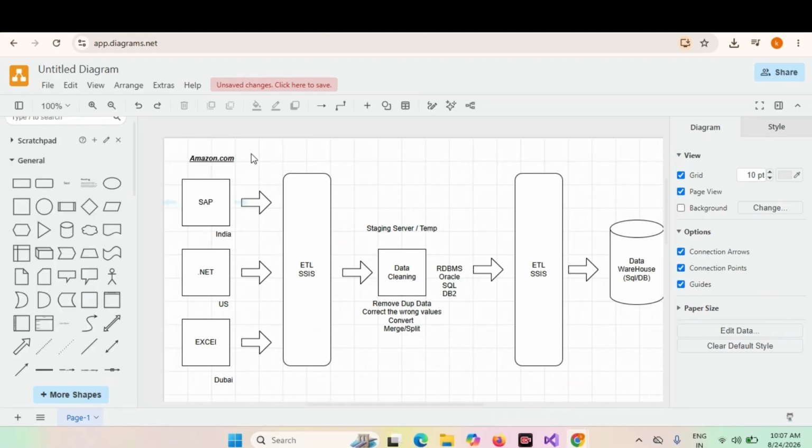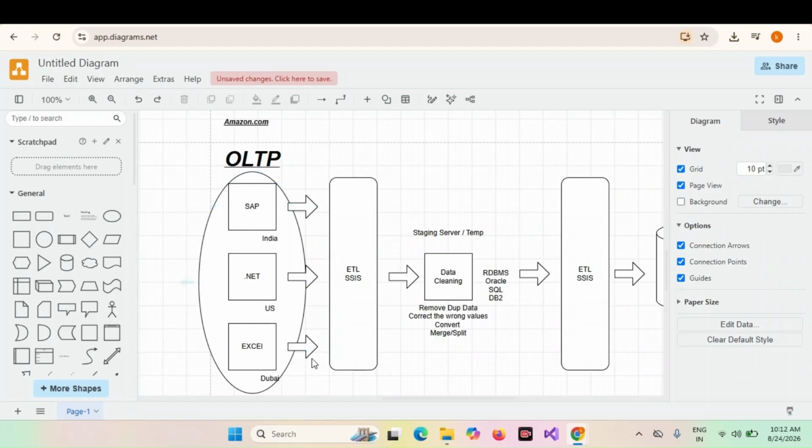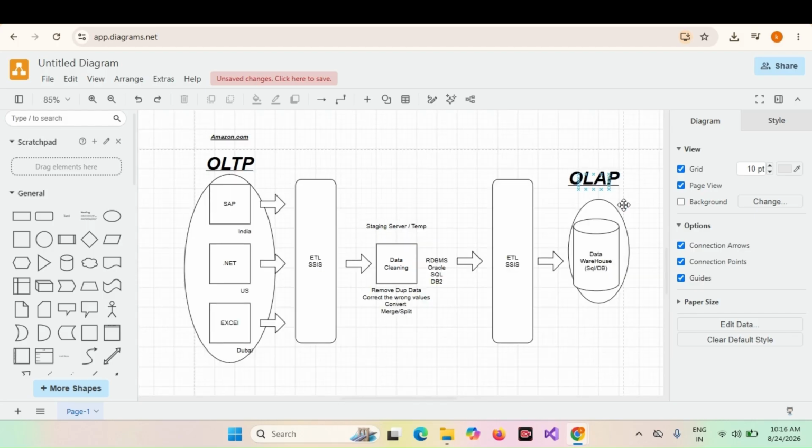Normally, we get the data from the company. A company has a large amount of data in different servers. These servers are called OLTP. Amazon.com has a server called the OLTP server. OLTP means online transaction processing, and all the data from OLTP goes to the data warehouse server. This is called the OLAP server.